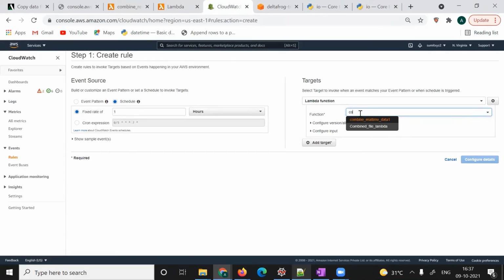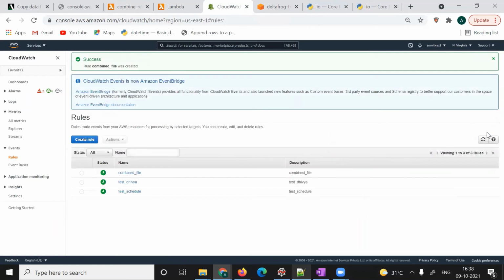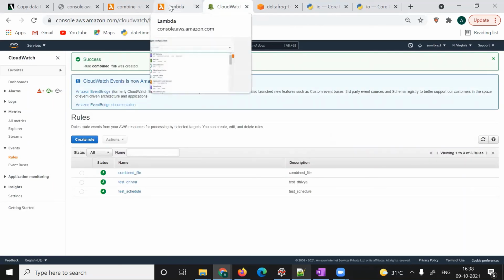What is my lambda function name? Combined file lambda. Just configure it. You can give some name, combined file, and then create rule. Done. You come here.